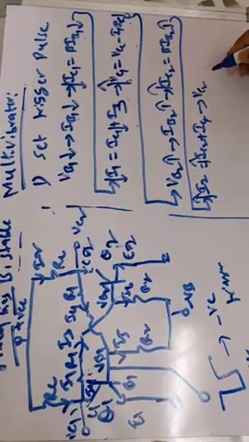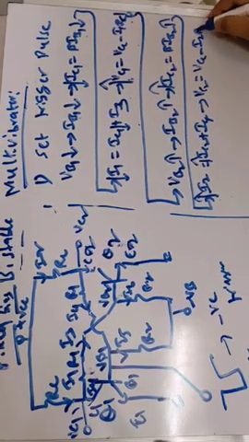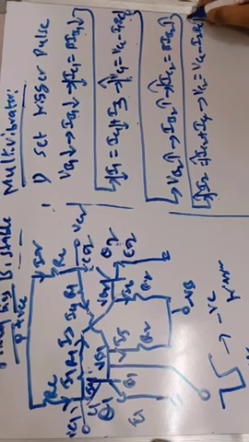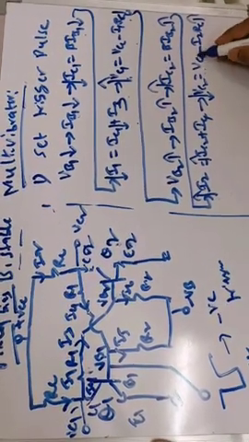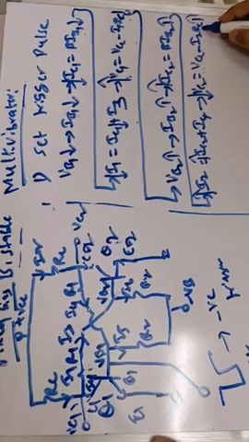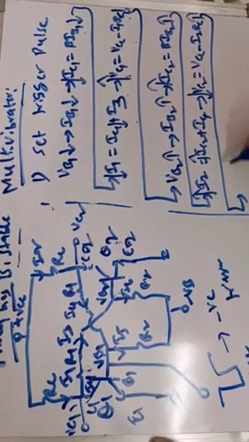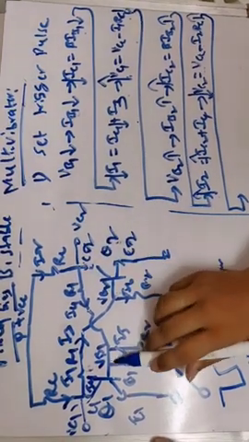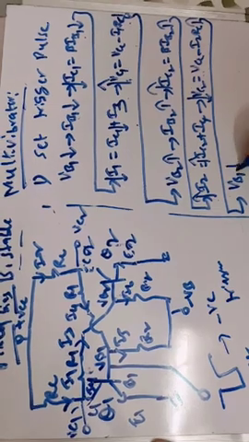VC2. VC2 is equal to VCC minus I2 times RC. As I2 RC increases, VC2 will decrease, because it is subtracting from VCC. This value is increasing, so VC2 will decrease. As VC2 decreases, this VC2 is the voltage which is cross coupled to the first transistor, and the voltage at this VB1 still decreases.